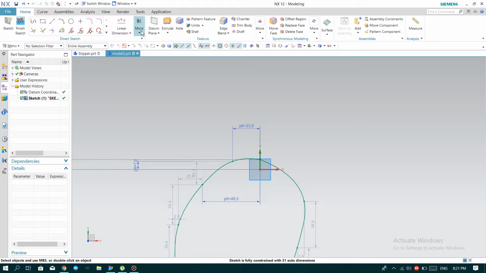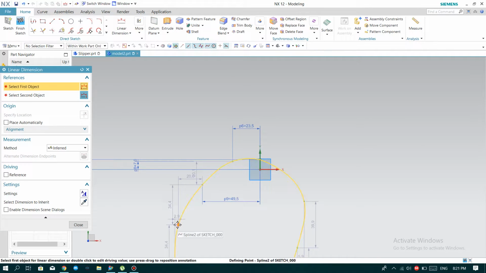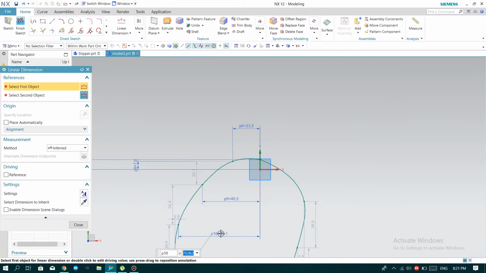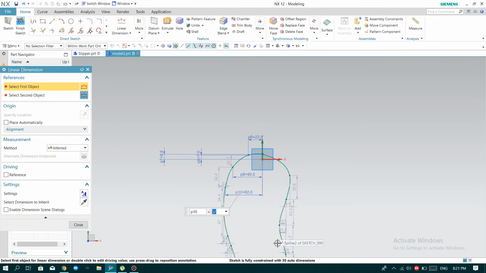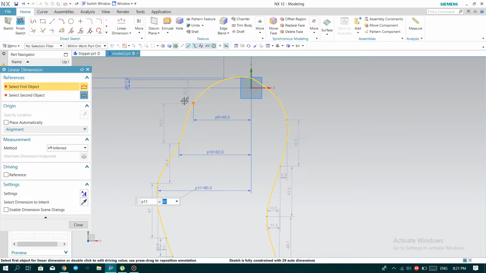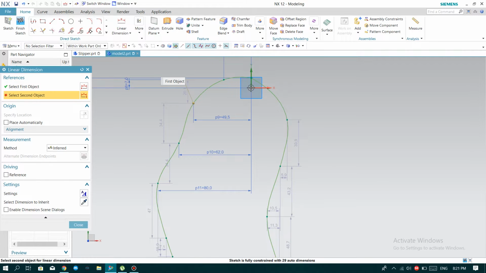Okay, and then select this point and this point is 62, and this point is 80. And set the height of this point and this point, this 9,